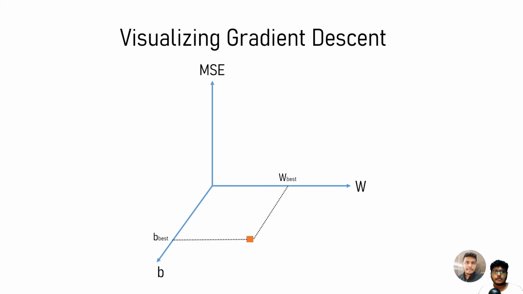And once you have the loss, then you use the back propagation step in order to calculate gradients for the different parameters. Then you use the gradient descent step in order to tweak the values of W and B, and you keep on doing it till you have the best values for W and B for which the loss is minimum. And this is pretty much what we do. This is the intuition of what we do in gradient descent.